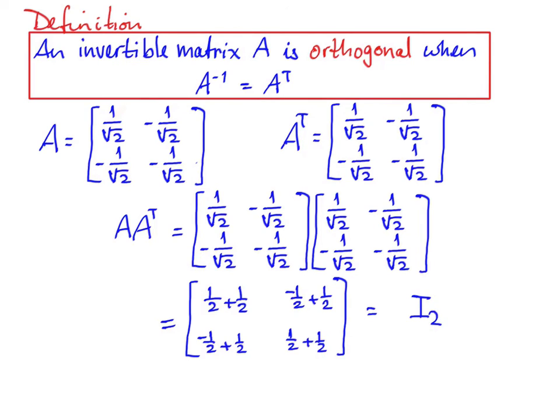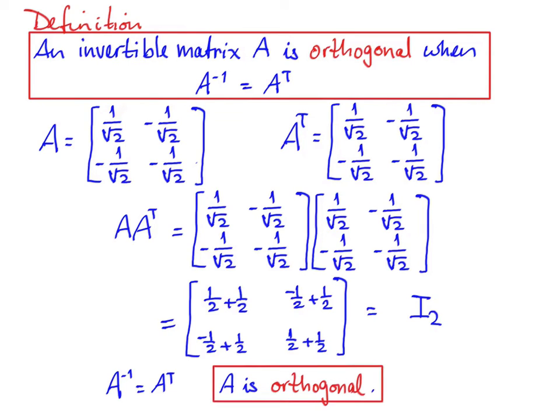2 identity matrix. So we've just shown that A inverse is A transpose, and that means that our matrix A is